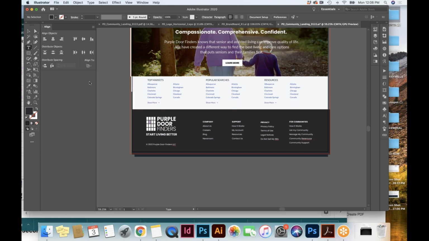So maybe we take out the support from here. What would you call it? No, I'm saying if my account is not the account for the community manager, it's the account for the prospect, then maybe we don't want to have it here because this is for the community portal.